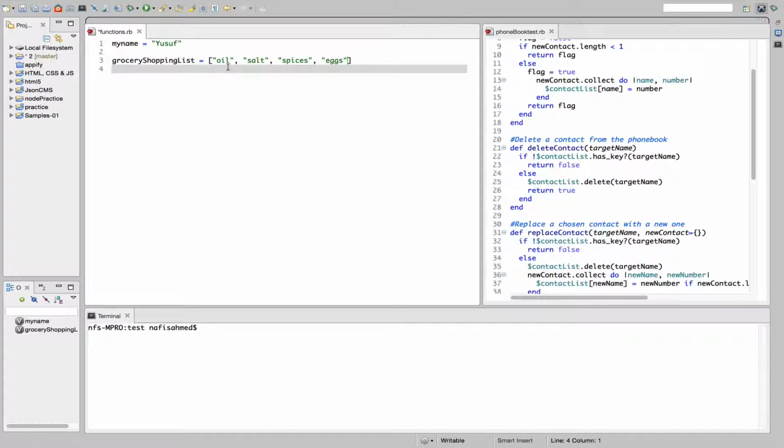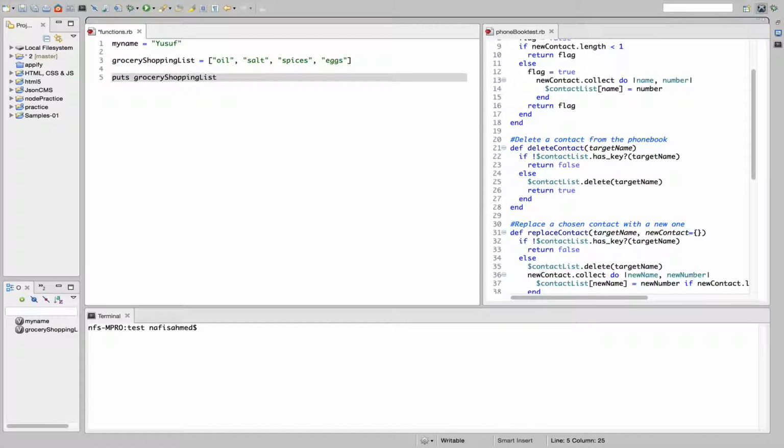So if our user has requested to see which item is the first element in the array, then all we need to do is put, as we know, puts, which is going to display the data on the console. Then we're going to call the array by its name,